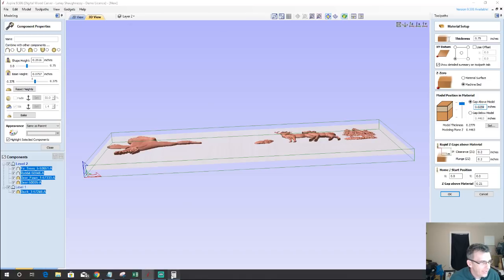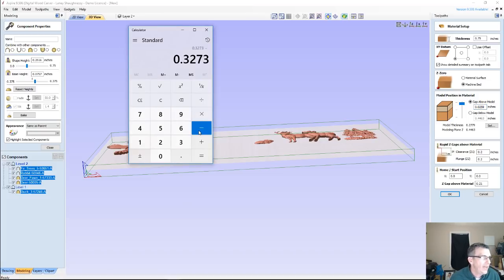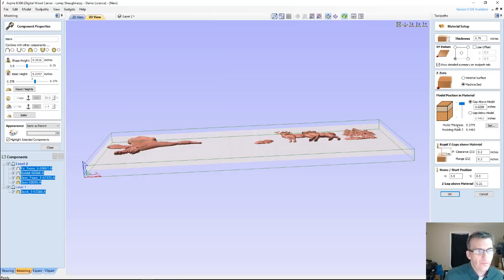Let's go back into the calculator. Subtract 0.0259 gives me my 0.3014. That is my model thickness here plus this. Now, my depth of cut, because I have all of this,